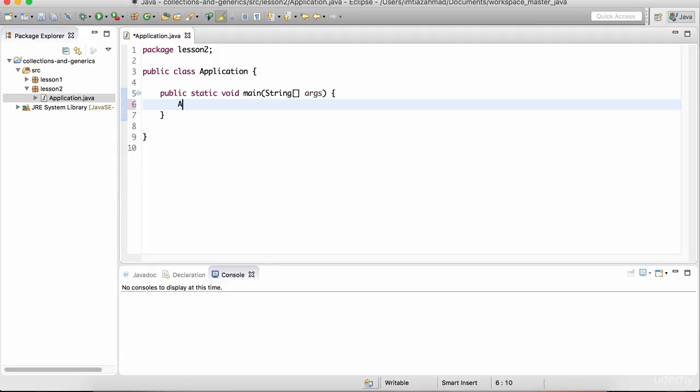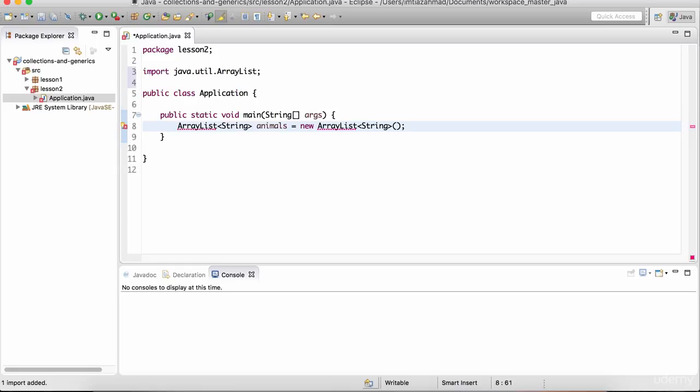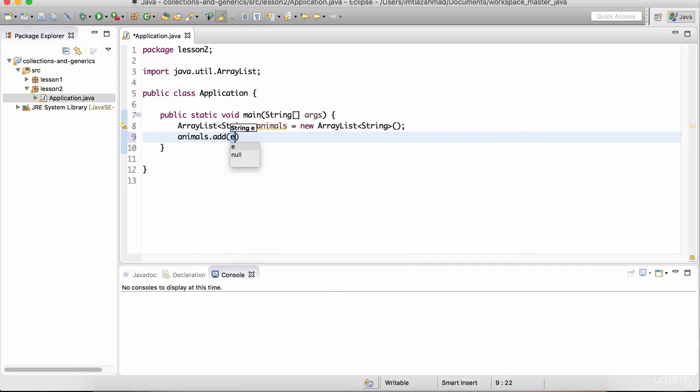So let's get started. I'm going to create an array list that can accept strings. Okay, so the only kind of data that's going to go into this list are going to be string data type. So let's just create some animals. And I'm going to do new ArrayList of String, and you can press Control-Shift-O to import the ArrayList library. So this is our variable animals. It's of type ArrayList of String,